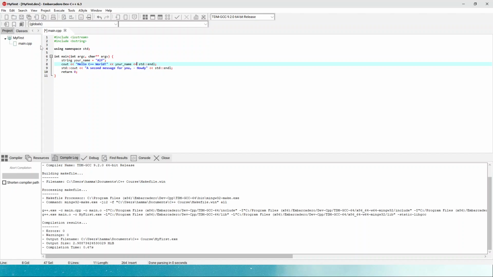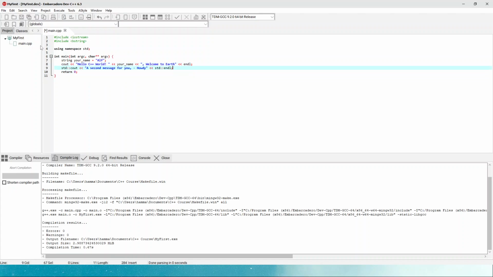But since we are using std, so why not remove it? Let's leave it in one and remove it in others. We'll just add some arbitrary text after that also, just to show how it is going to replace.